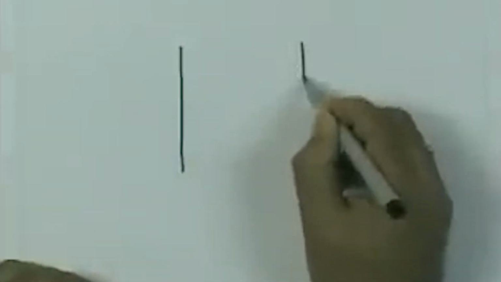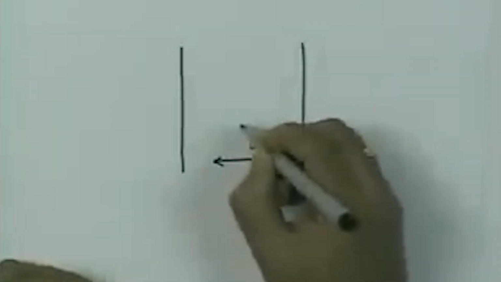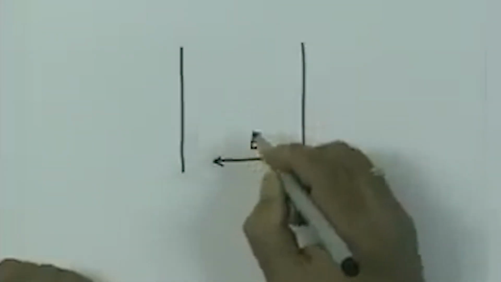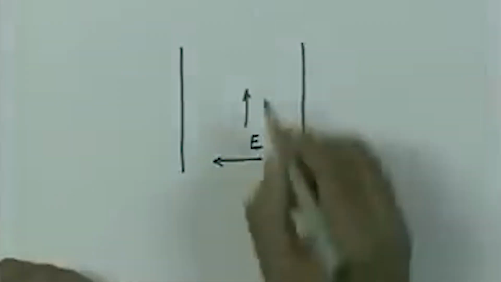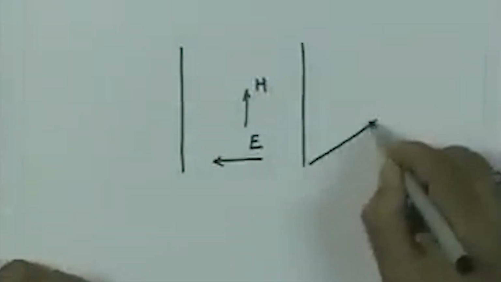So, we had a situation that if I take a parallel plane waveguide like that, and if this is the electric field E and this is the magnetic field H, then the wave is going to travel in this direction Z,